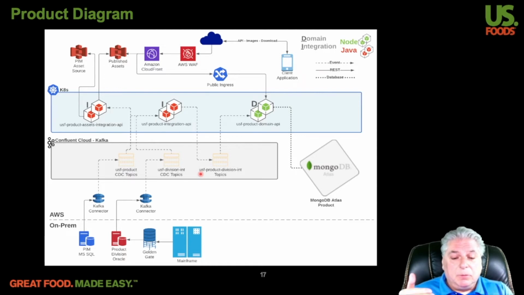Or if there's multiple users adding to an order, wouldn't it be great for the total to update for the application, even though both users might be placing that order? So you really get some neat things out of that. So I won't go through all the domains, of course, but this is an example of what a product domain might look like, and then